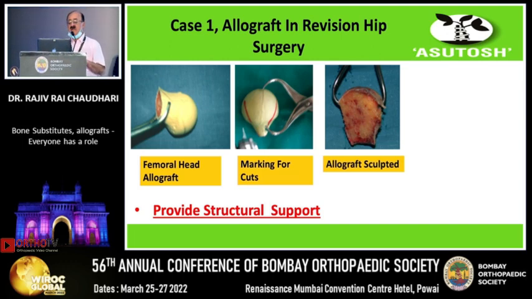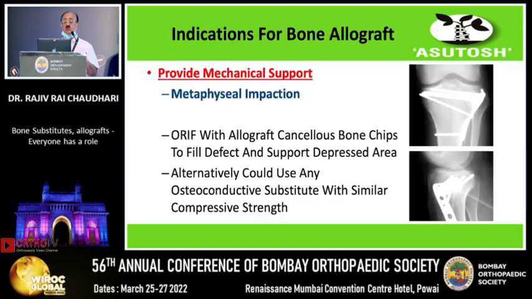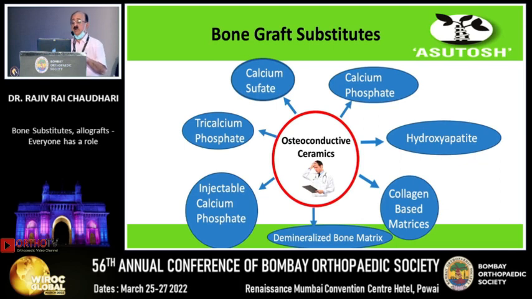So coming to allografts, here is a situation where an allograft has been used to provide structural support in a revision hip surgery. You would see that the allograft from the femoral head has been sculpted and fixed to the native acetabulum, which now accommodates the acetabular cup very stably. The allograft can also be used to provide mechanical support for depressed fractures of the tibial condyle. Bone graft substitutes available and popular today include calcium sulfate, phosphate,